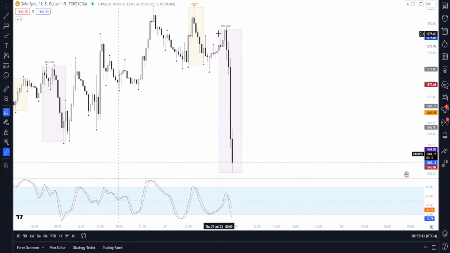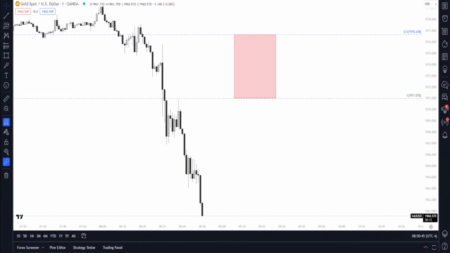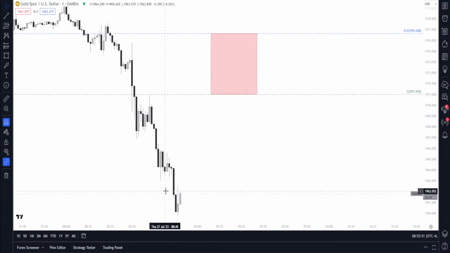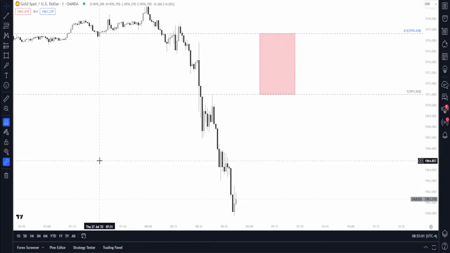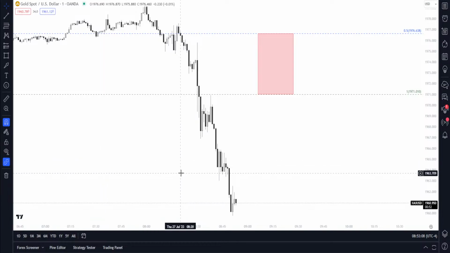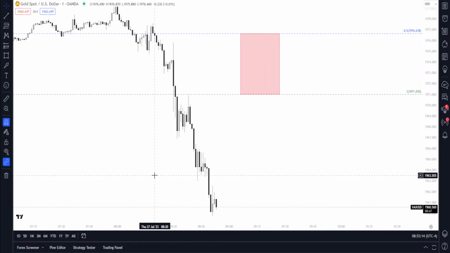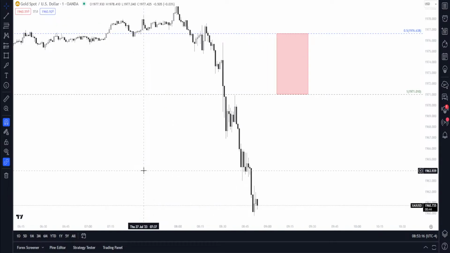Now, I am also looking at a London session trade setup, right? And the London session, I don't know who trades London session, but it's not only for gold, but I only trade it for gold. You could probably look at the major pairs. I just like trading gold in general, so I was just giving an example on gold. I've only monitored gold really long, but I know for sure that it works on other pairs as well.